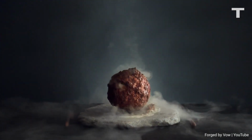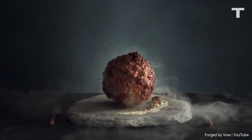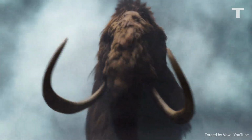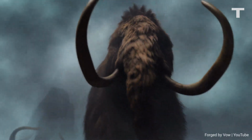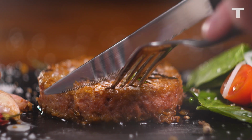This giant meatball contains one very special ingredient: the flesh made from the DNA of an extinct woolly mammoth. A real mammoth. That's right, the kind that used to roam the plains of ancient Earth. The caveman delicacy was created by an Australian cultured meat company, Vow, and they want you to think of it